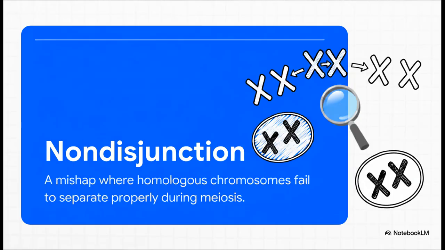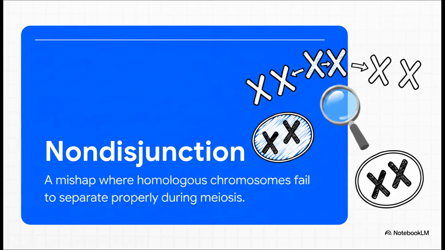You see, our cellular machinery is usually incredibly precise, right? But occasionally there's a mechanical mishap called non-disjunction. This is when a pair of homologous chromosomes simply fails to move apart properly during meiosis. One gamete gets 2 copies of a chromosome and the other gets 0. When these flawed gametes are fertilized, it leads to aneuploidy, which is an abnormal number of chromosomes in the resulting zygote. And this is the underlying cause of conditions like Down syndrome, or trisomy 21, meaning there are 3 copies